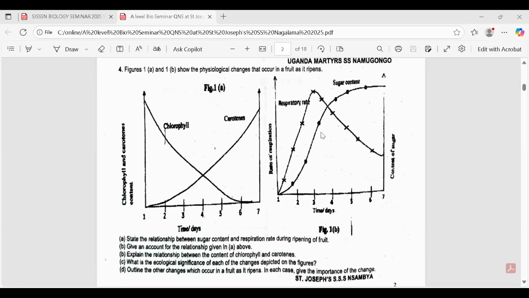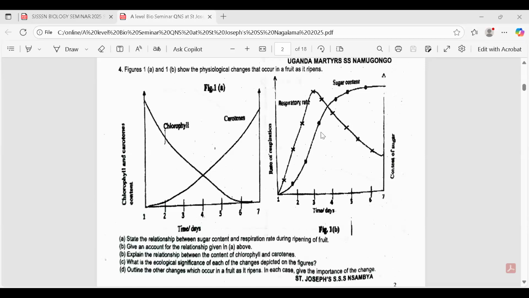So we can use the word as, for example, to state the relationship. And this is how we could say it, for example. We could say, as the respiratory rate increases, the sugar content increases. Some people can ask that, should we include the X scale? Yes, like for example, in this case, we should. Why? Because we are seeing that there are some variabilities in the increase. So meaning it is right to say that as the sugar content increases,